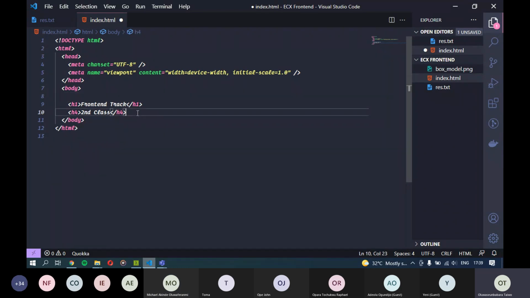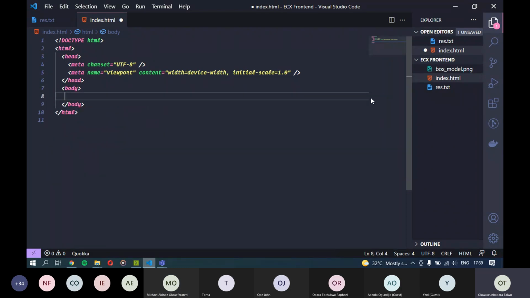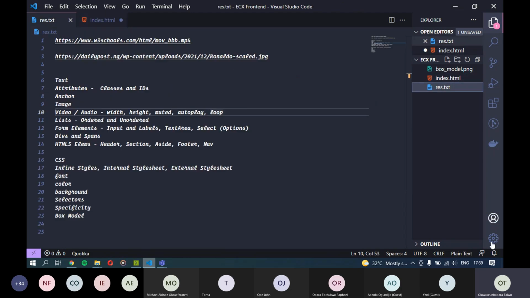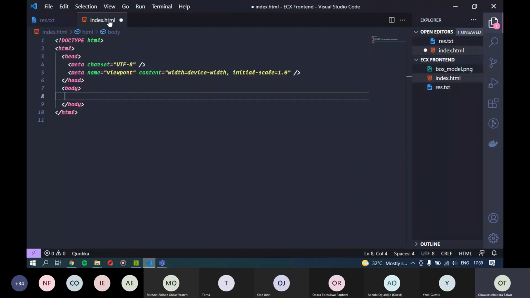So I think, as I said before, we're done with headers. So let's go into the next thing. Time is really running fast. I don't know why. I really do not know why. It does not want me to finish what I have today, but we'll try our possible best.